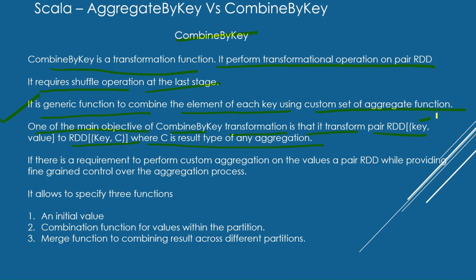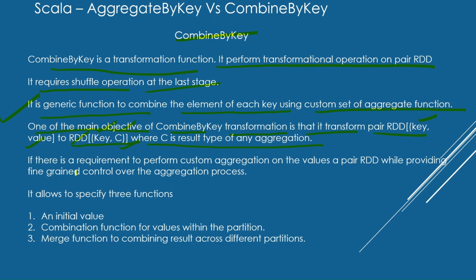So this is the key, this is the value. It will take as an input an RDD, and when it gives the result, it will give an RDD which has the key and the value. Key would be whatever unique key is present in the RDD, and this C will be the result type of the aggregation which has been performed over the values of a key with the help of